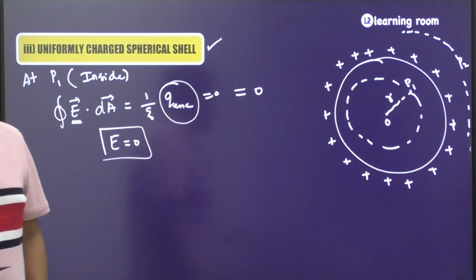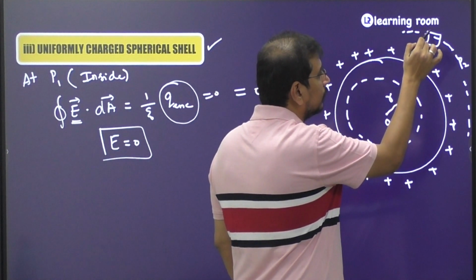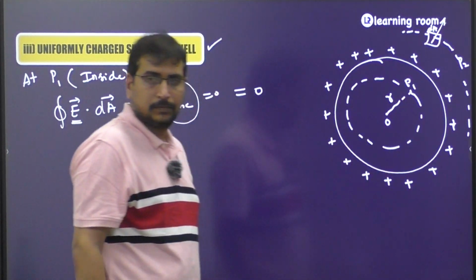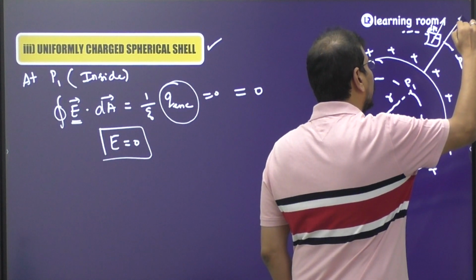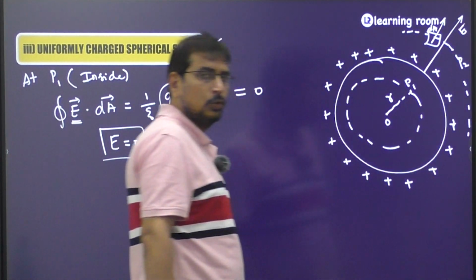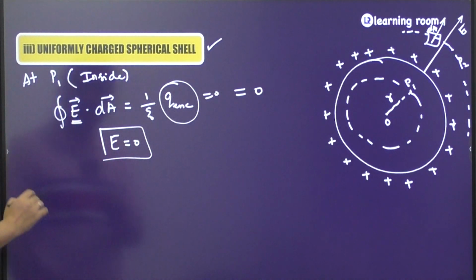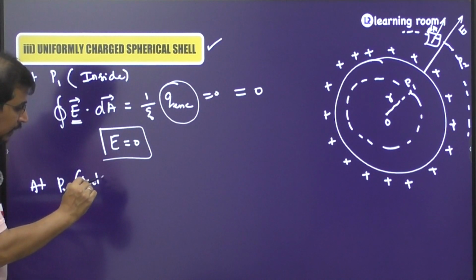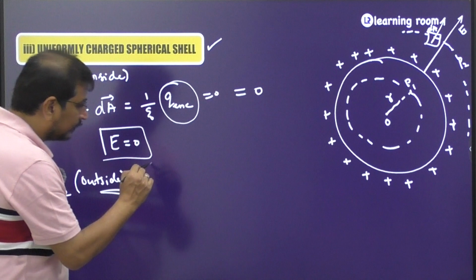I need to consider an areal vector. So what is going to be the areal vector that I'll take? It will be dA, and it is directed in this way. And what is the direction of the electric field? That is also in this way. So what is the angle between both? The angle between both is 0. So for point P2, that is outside, if I directly start applying Gauss law,